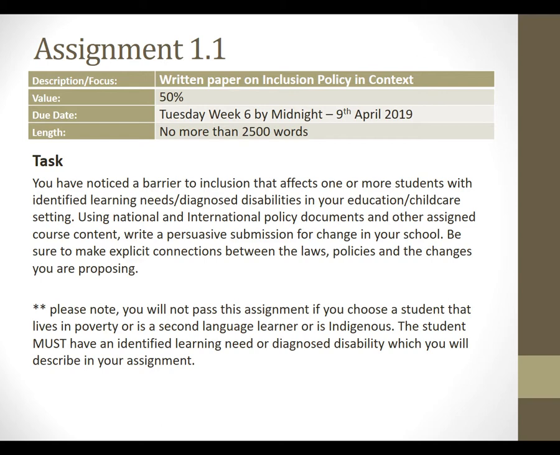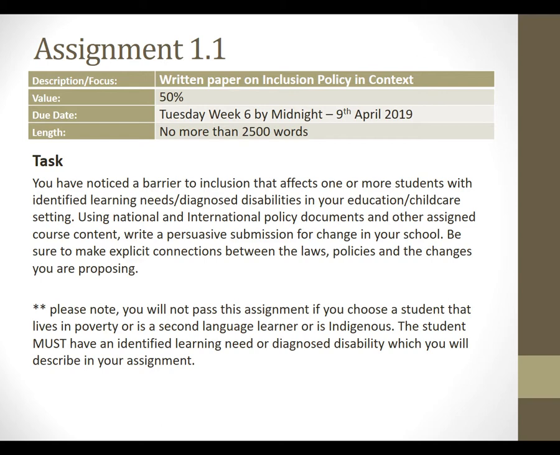Okay, let me give you some examples I've heard of. Children with autism who are made to play with puzzles in the hallway during break time. They're not allowed out to the playground. Or a child who's in a wheelchair, and the school does all their special occasions in a church hall that has a stage, and the child can't access the stage. Another example is